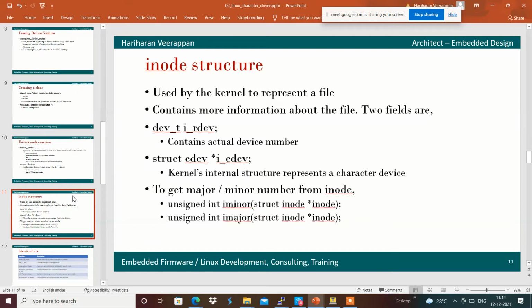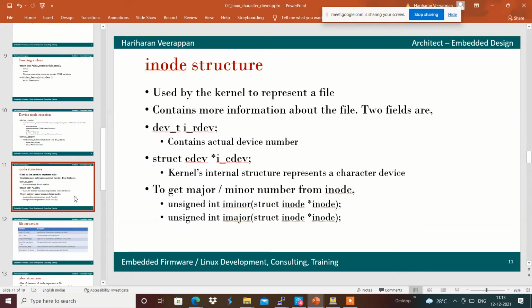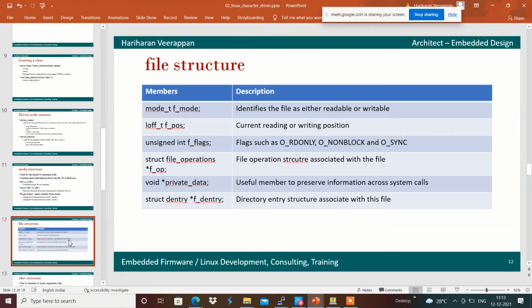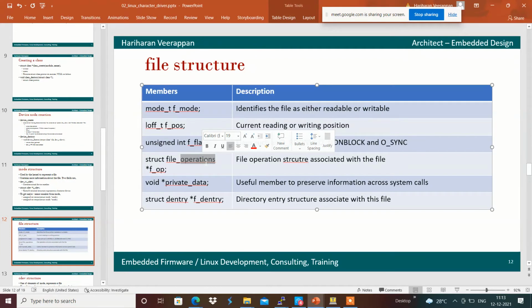The inode structure contains two fields: one is dev_t, which is the actual device number, and cdev is the kernel internal structure which represents the character device. And then we have the file structure, which tells whether the file is readable or writable, the current position, and the file operations structure, file_operations, which we will see how to use over here.